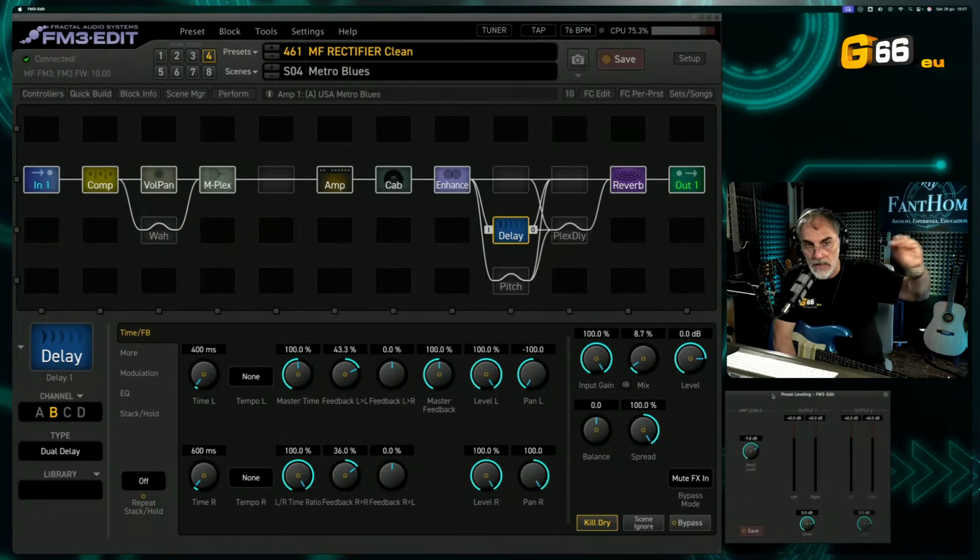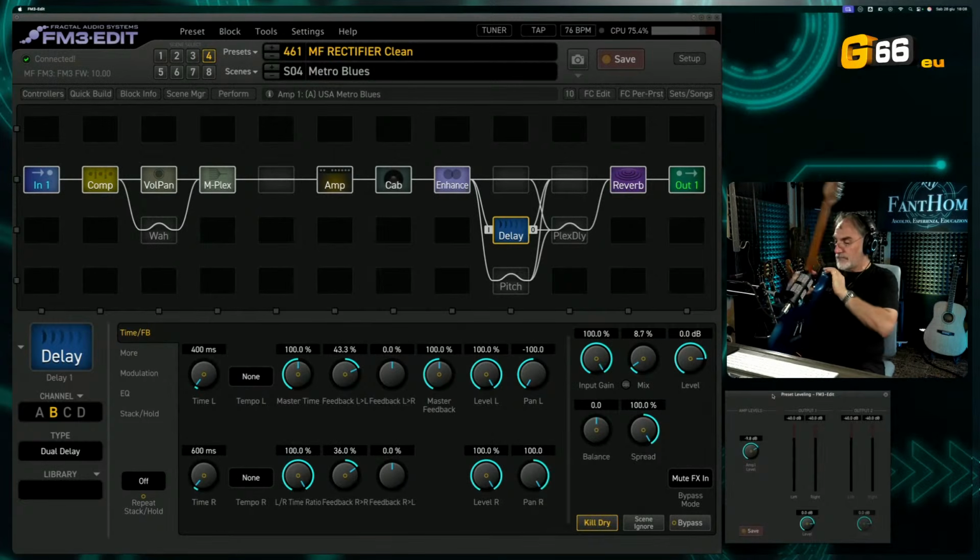You can pick a different amp sound and combine it in a single preset. And you can do this thanks to the library. Maybe you already know what the library is, but I will explain. First of all,